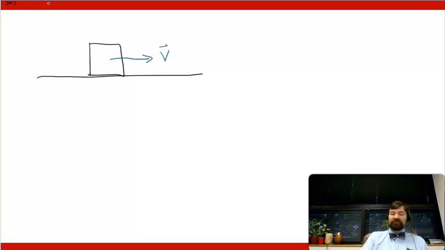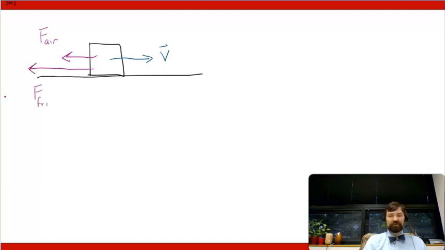Why is it that a force is needed to keep this in motion? Well, the answer is because there are other forces that act on this object. For example, there's already a force from the air resistance. I'm going to call that F air. And there's also a force from friction, F friction, both of which have to be overcome if this object is